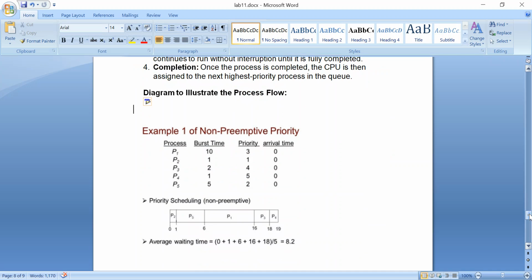So here is a perfect example of non-preemptive priority scheduling. As you see, we have five processes, and each process has a burst time, and we assign a priority to each process. The arrival time is 0 seconds, as all the processes came at 0 seconds. So now it will be decided according to these priority numbers. The one who executes first is the one with the highest priority, number one. Irrespective of arrival time, process 2 has priority one